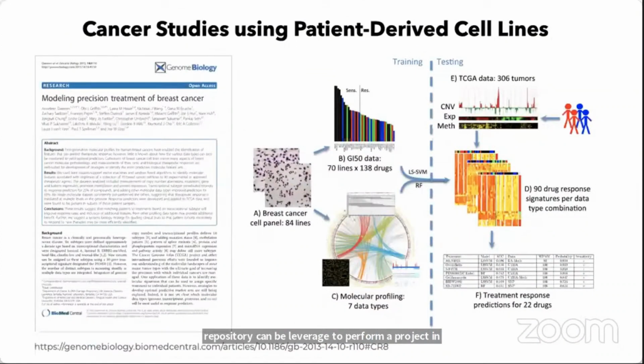On the other hand, we will also deal with data from patient-derived cell lines. So these are data that are generated under one roof, in a laboratory, where they consider several patient-derived cell lines and characterize these cell lines for multiple omics data types. So the advantage of using a model system like cell lines data over patients' data that can be obtained from the Cancer Genome Atlas is that these patient-derived cell lines can be subjected to several analyses, several experimentation methods. For example, in this study,